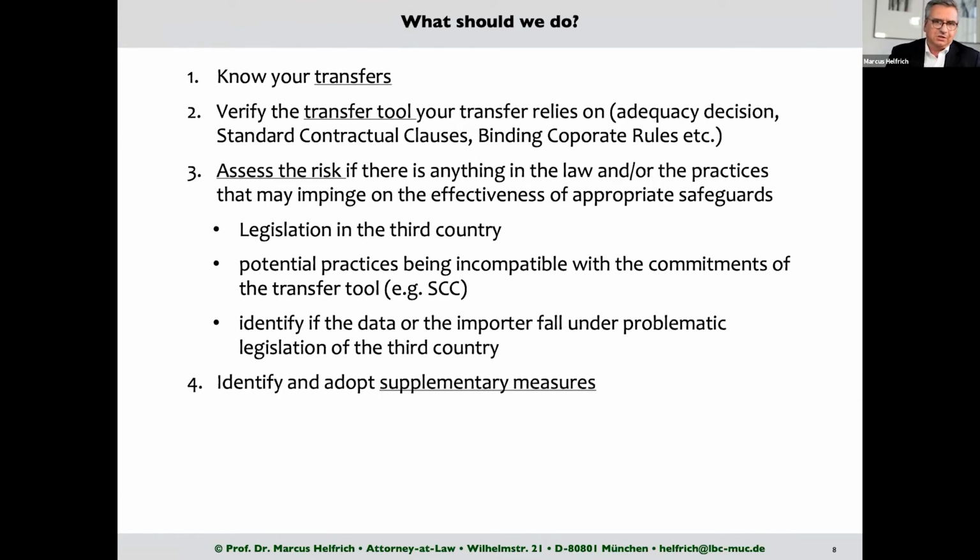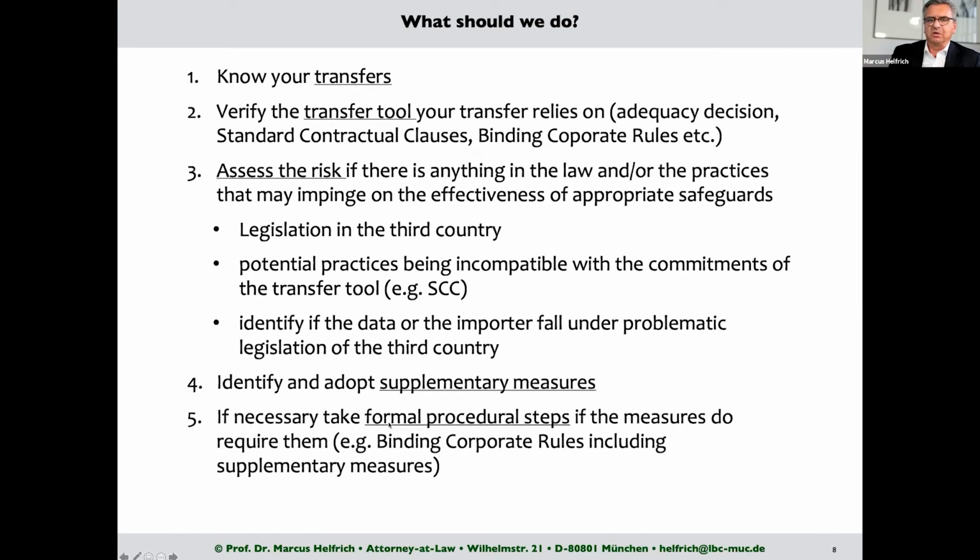Based on that third step, we have to identify and adopt supplementary measures. So if there is no risk, no supplementary measures are needed. But if there is a risk, we have to think about the supplementary measures. On the next slide, I'll show you some ideas for that. Fifth, if necessary, we have to fulfill the formal steps